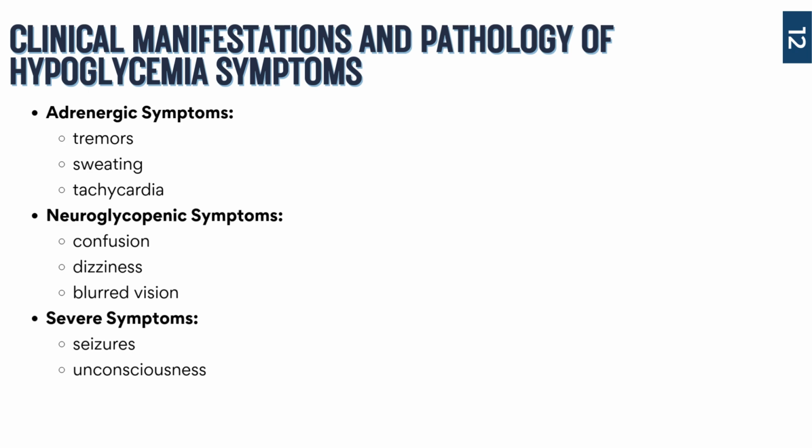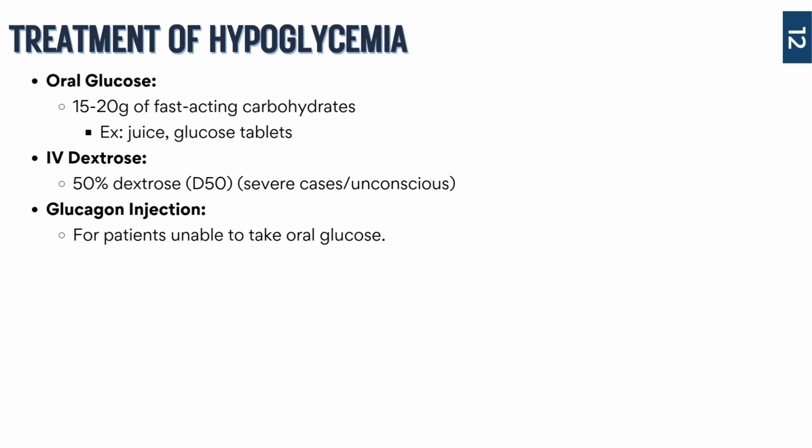Yeah. So in severe hypoglycemia, patients can experience seizures or even lose consciousness if glucose levels are not quickly restored. These symptoms require immediate intervention to prevent permanent brain damage. Recognizing these symptoms and understanding their cause is crucial for effective and timely hypoglycemic management. So how do we treat hypoglycemia? Glucose. Okay, so treatment for it involves rapidly restoring blood glucose levels.